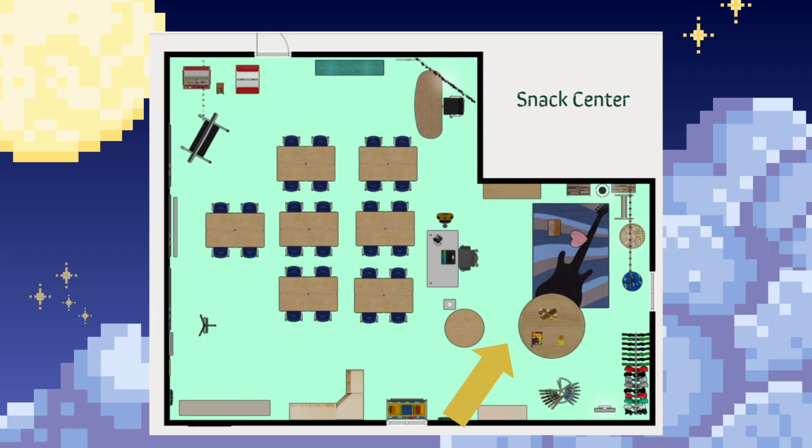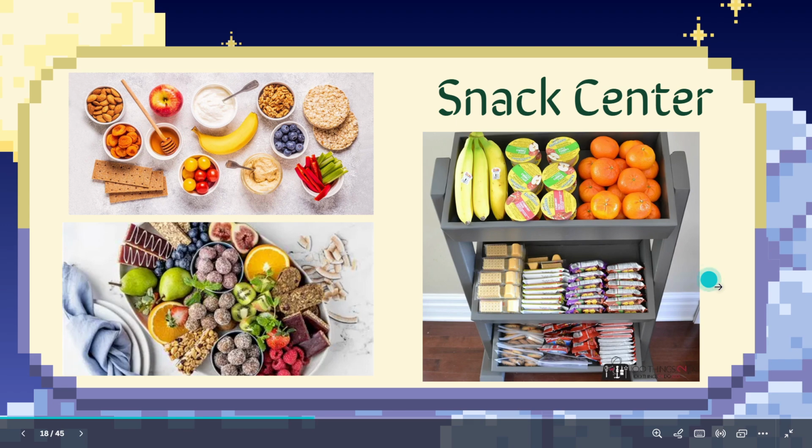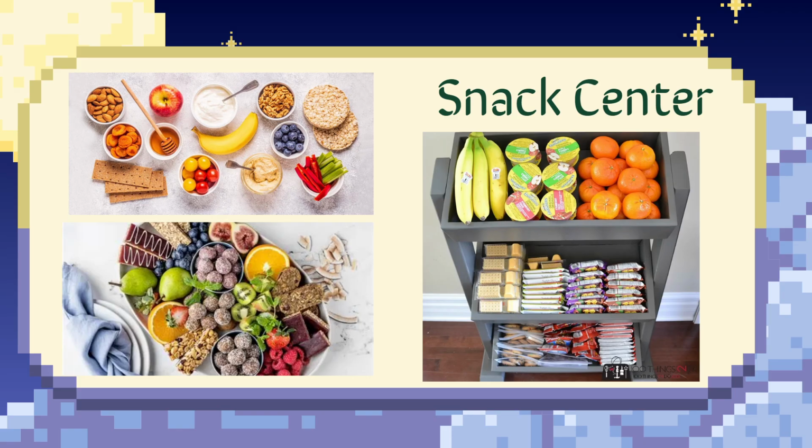Moving on to the snack center, which you can see in this little space right here. It's a little table where students can grab a little snack. We don't know what's going on in our students' lives. There are a lot of things going on in the world, and we don't know if they are facing food